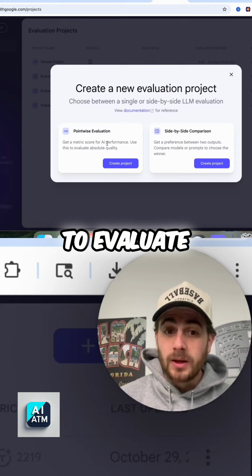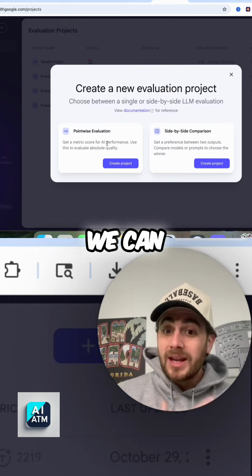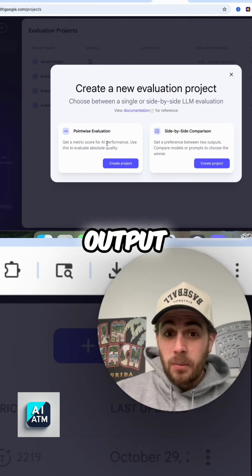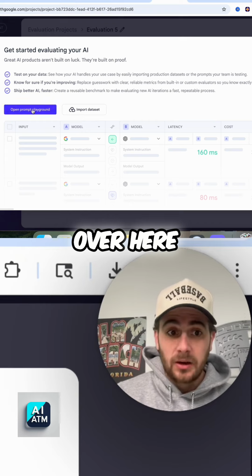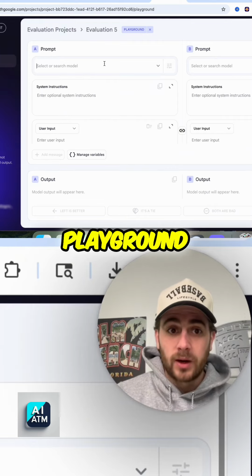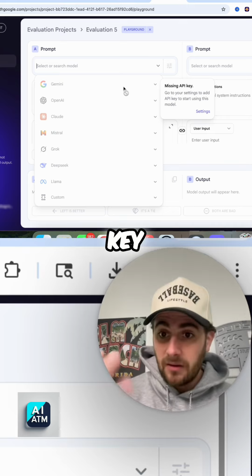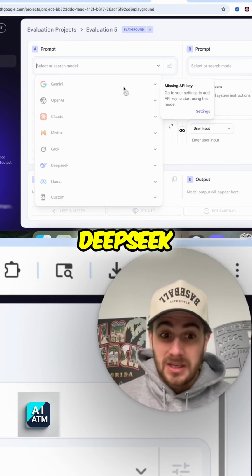Now, what Stacks allows us to do is do two things. One, to evaluate whether or not the responses that we got from it were good, or two, we can actually compare with two inputs to see what the output is based on what kind of model you're actually using. So if we come over here and click on Open Prompt Playground right here, we could see that we could come in here and we can put an API key for Gemini, for OpenAI, for Claude, for Grok, DeepSeek, Llama,